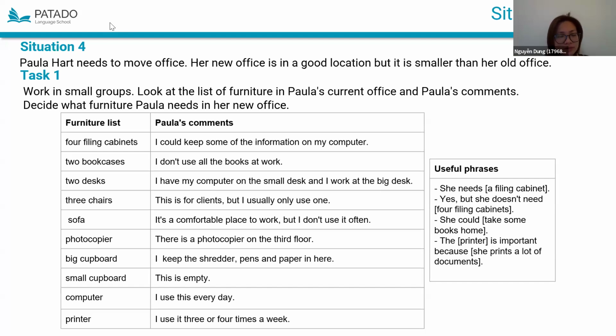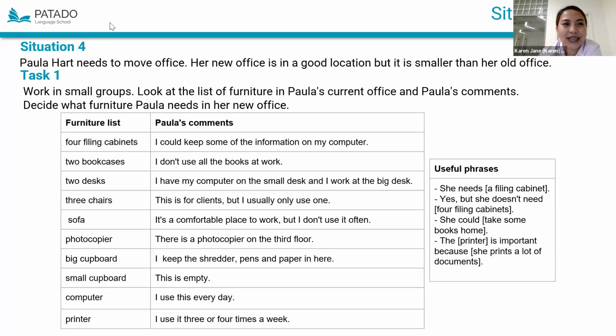So printer. Okay, so in summary, you are going to bring to a new office 4 filing cabinets, right? Yes. 2 desks. Okay, so 4 filing cabinets could take up a lot of space. So maybe you could adjust by not bringing them all, because some of the information can be kept on the computer, as you can see in Paula's comments.